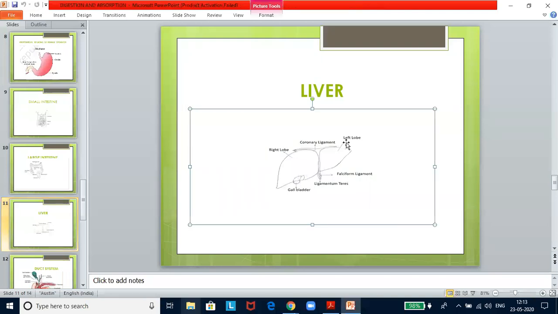Now, the important functions, because the liver is the biggest chemical factory in the body. It produces bile, which is stored in the gallbladder before entering the small intestine, where it emulsifies the fat. It detoxifies the blood by removing and metabolizing poisonous substances. Liver stores glucose as glycogen and breaks down glycogen to glucose between meals to maintain a constant glucose concentration in the blood. The nitrogenous waste products from the decomposition of amino acids from proteins are converted to urea in the liver. Liver destroys old red blood cells and converts hemoglobin to the breakdown products in bile.